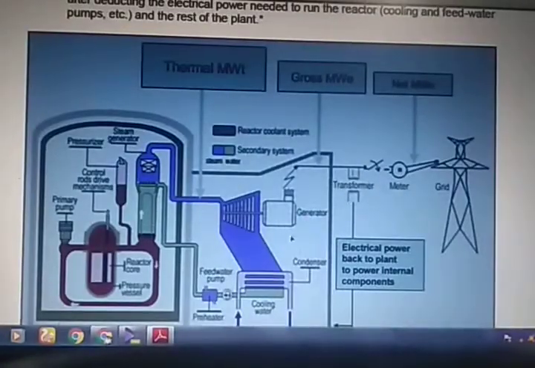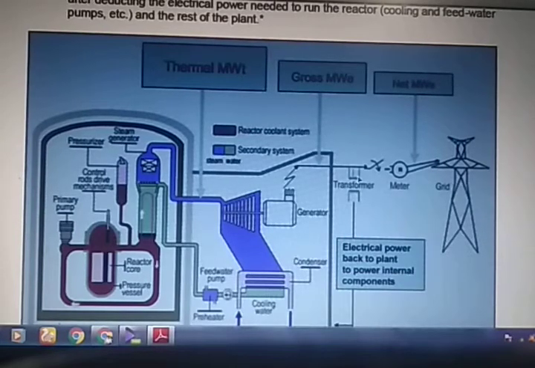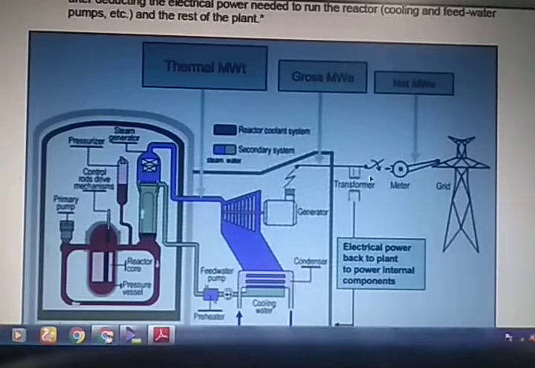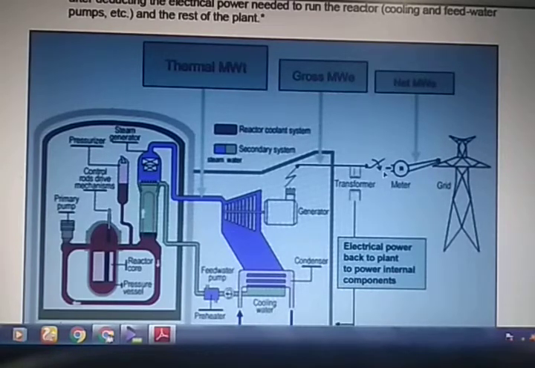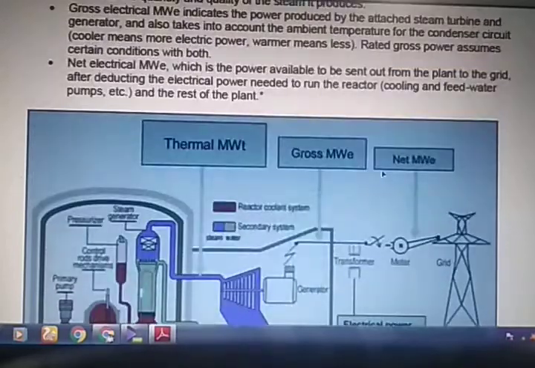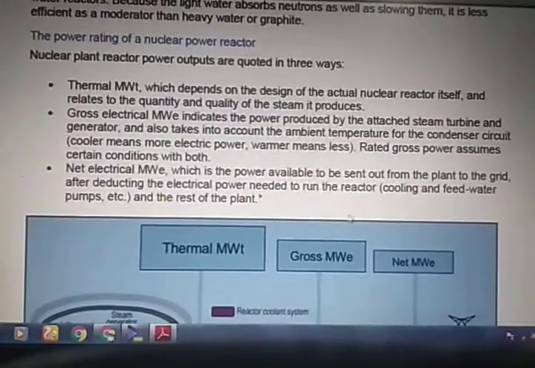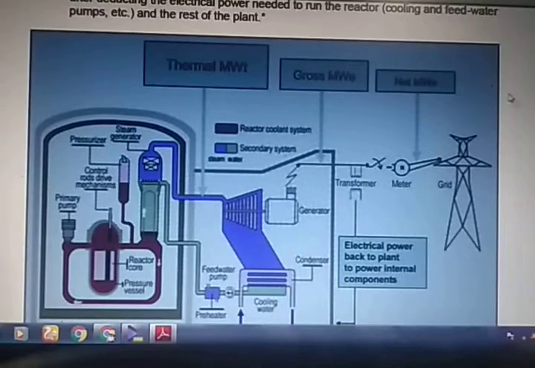Here, whatever power is generated by this generator, the third rating is due to its distribution system, how it is divided and distributed to the ultimate household and industry supplies wherever it is needed. So these are the 3 parameters through which the quality or power rating of any nuclear power station is determined.